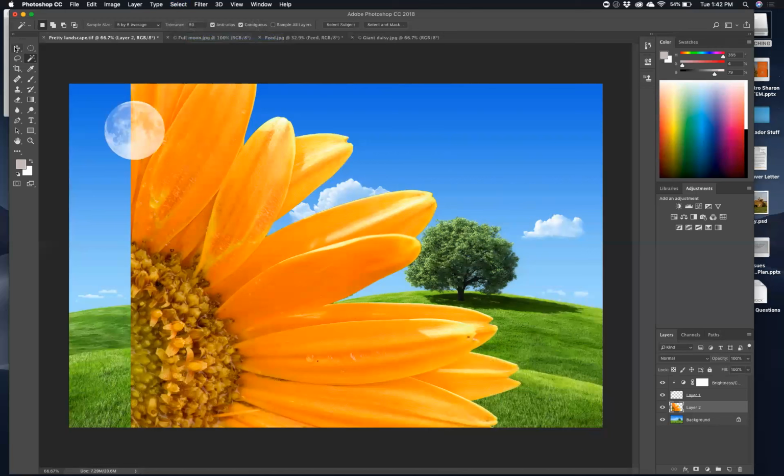Make sure that you have your move tool selected. And if it's not showing, make sure you have the box show transform controls clicked. And what I want us to do, I want you to do two parts. I want you to resize this, and I want you to reposition it on this picture